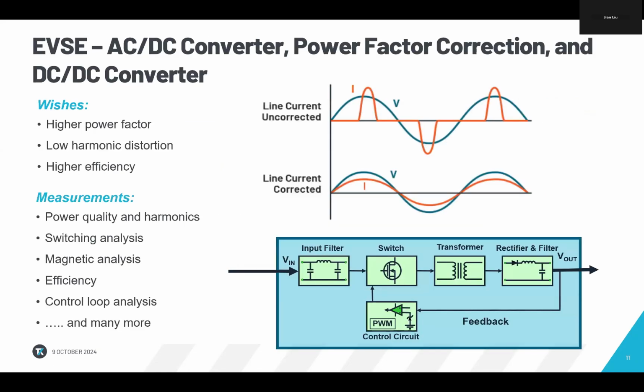But when it comes to the real measurement, or when it comes to hardware design, it also has quite similar architecture of the power converters. But anyway, in the EVSE, we hope we can achieve higher power factors. And also, we need to achieve